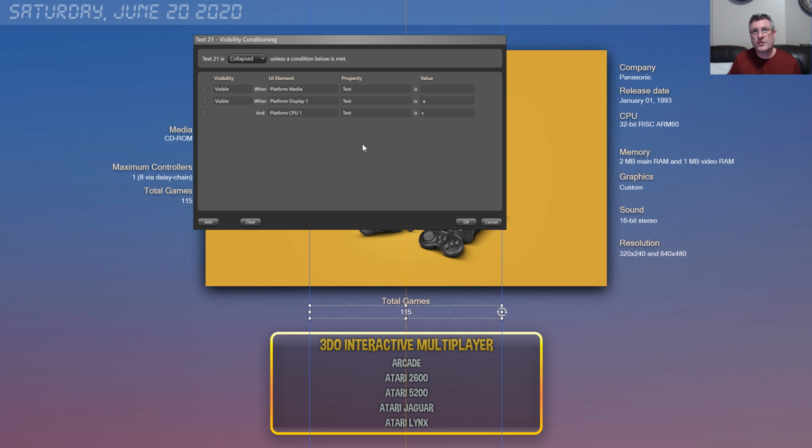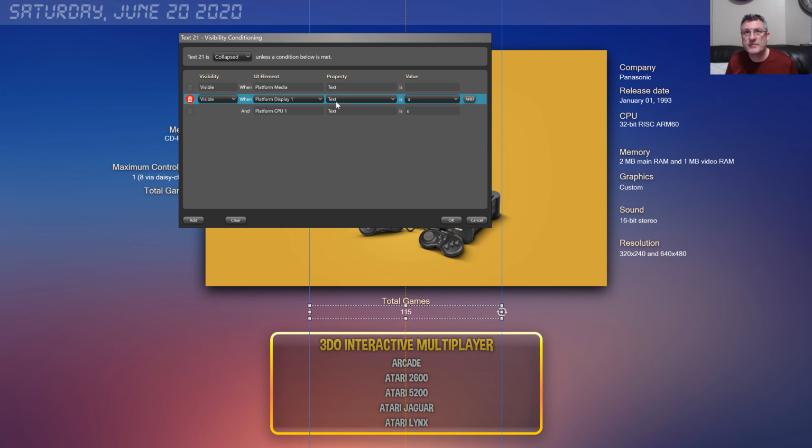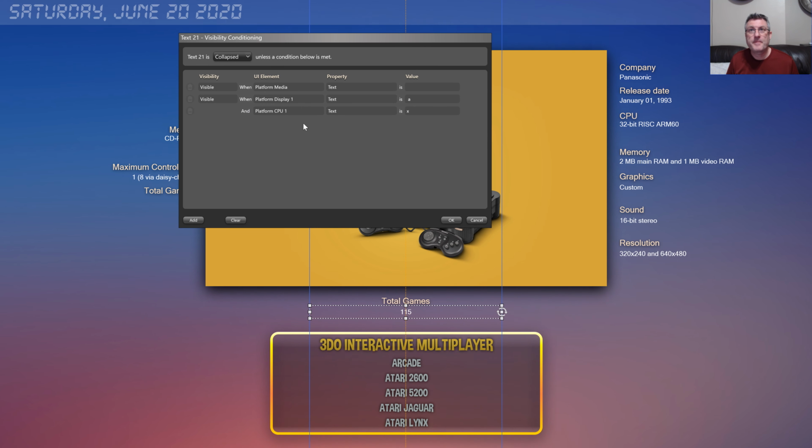I didn't want it to look like a programming language, but that's essentially how you would construct things in XAML. But I think the interface for doing it is just a lot easier. It's a lot more simple. All right, and again, I can remove an AND condition, and it now defaults to ORs. All right, so that's visibility conditioning